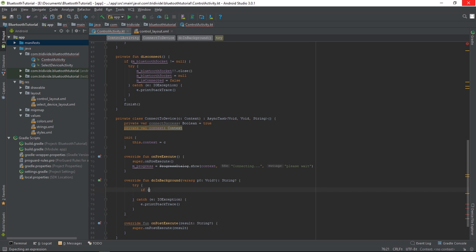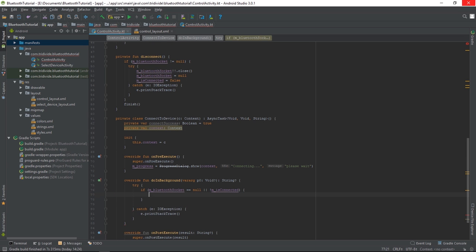So inside the try, what we're going to do is check to see if the Bluetooth socket is null or if we are not connected. So if m_isConnected is equal to null, which is shortened to not isConnected. So if any of those return true,